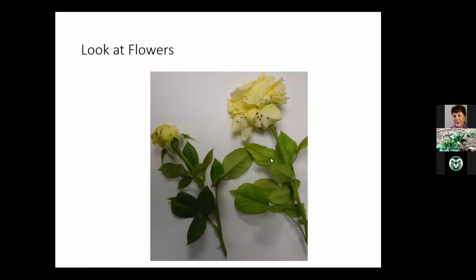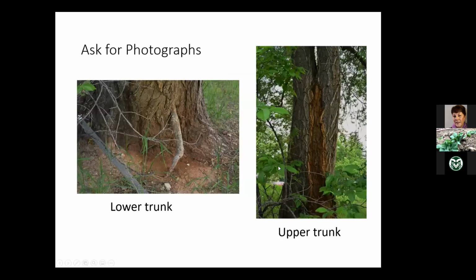We look at the flowers. We can see, okay, what kind of damage is on the flowers. We can look at the leaves and see what's happening there. I mean, is it insect? Is it fungal problems? What are we looking at? We can look at things, and a lot of times we're not going to be able to see the lower trunk or upper trunk. It depends on the county that you're in and what's happening,